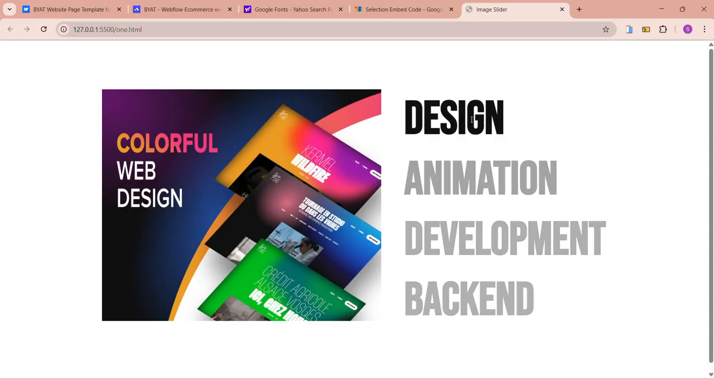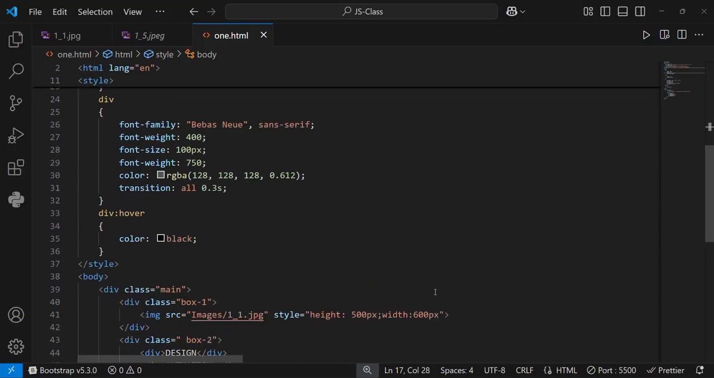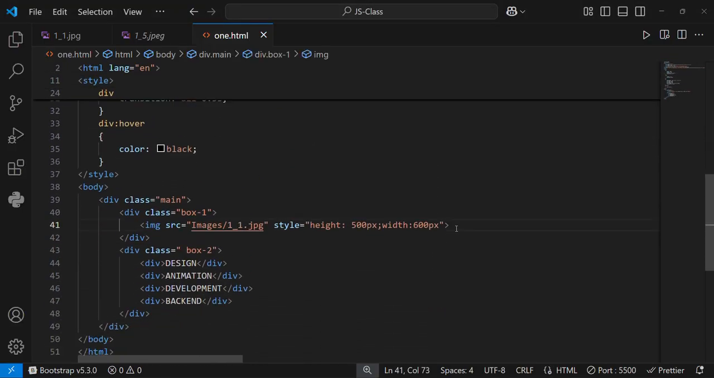Okay, so when I hover on design, it shows design. When I hover on animation, it shows animation, development, backend. Okay, so next, using those other images,